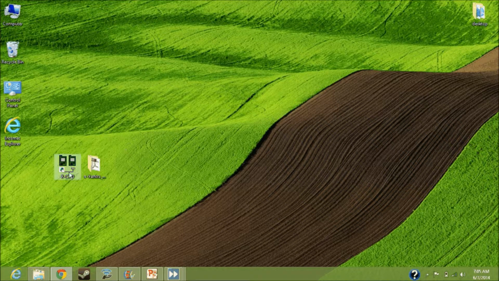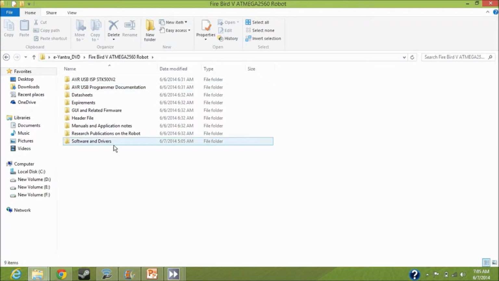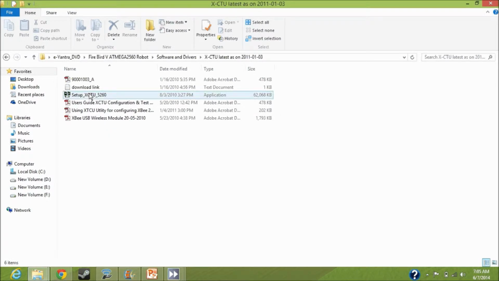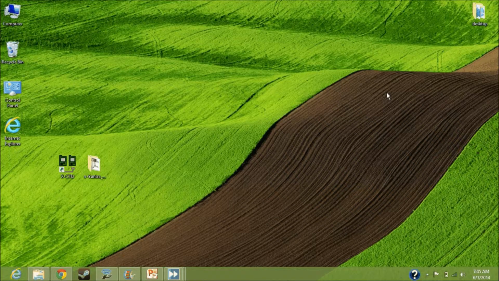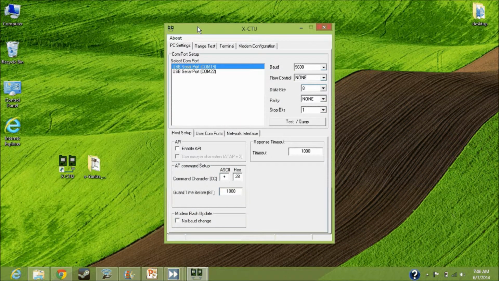After this, we need to open the XCTU software. Before that, we need to install this software. The software is available in the software and drivers folder, which is available in the DVD. In this software and drivers folder, in XCTU, you can find the XCTU setup. Once we click on this and follow the next steps, you will install it. The detailed information on the installation of XCTU is attached with this document for your information. I have installed it, so I am closing this now. I will open two instances of XCTU, one for the server and the other for the end user.